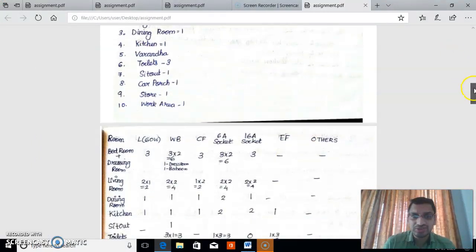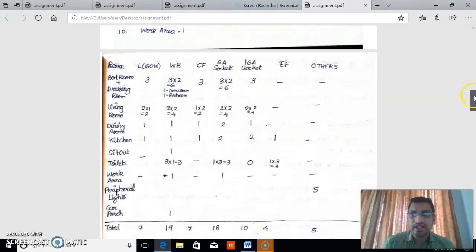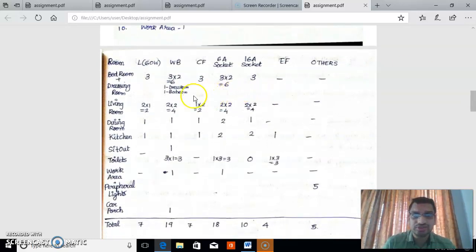So based on these tables, now we make a table. It consists of the different electrical points required in each room available in our floor plan. So the first room type is bedroom cum dressing room, and we have 3 number of bedroom cum dressing room. So according to NEC, we need one main lamp in bedroom. Okay. So one lamp is required in one bedroom. That means the total number of main lamp in bedrooms. We have 3 bedrooms. So 3 into 1, that is 3. So you write in 3.